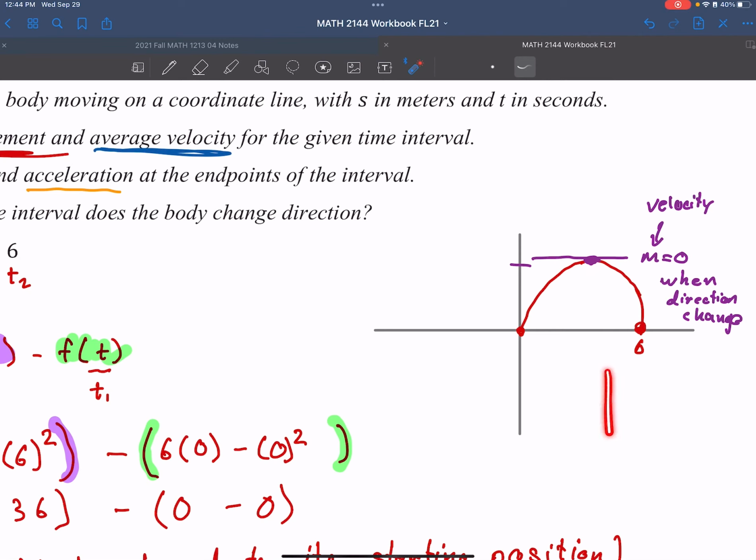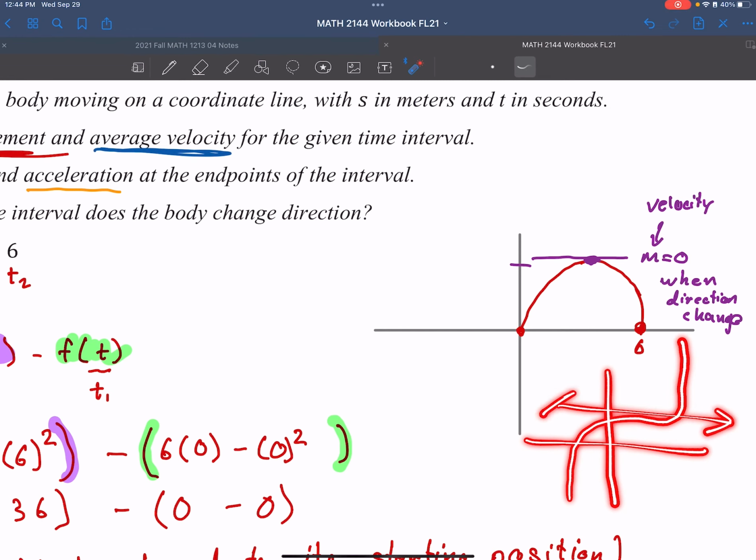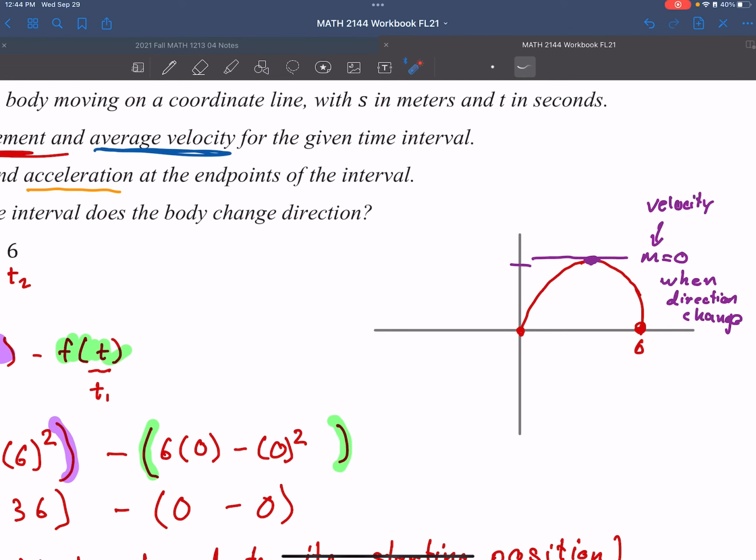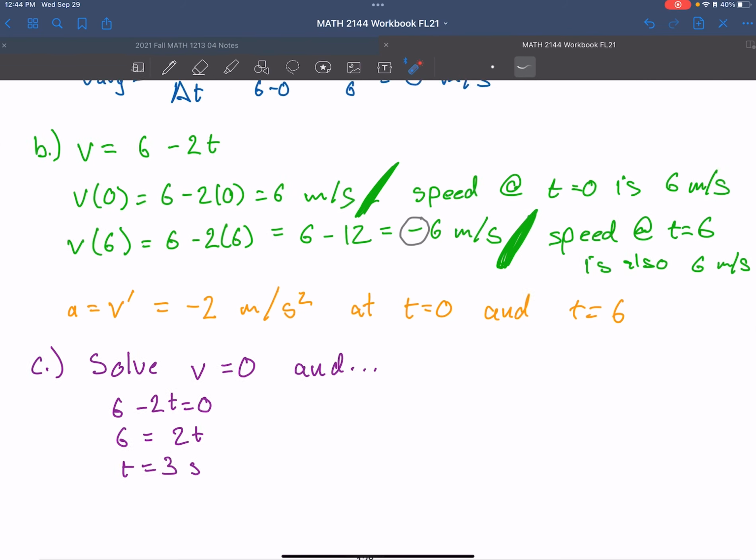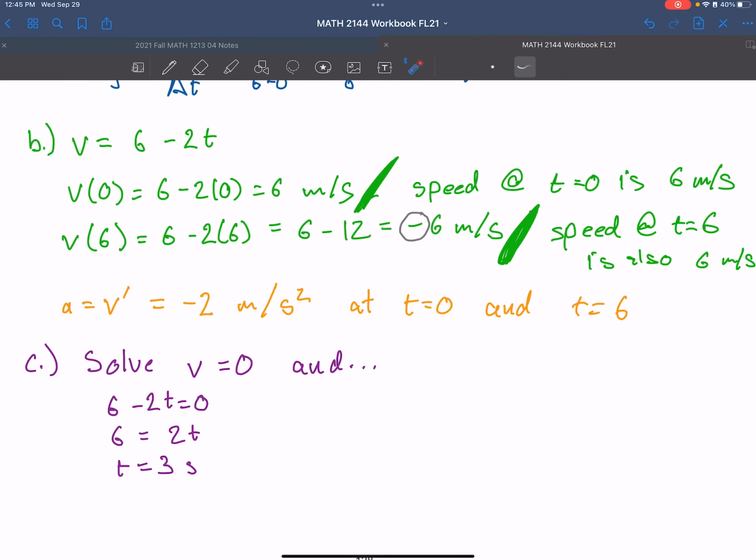But food for thought, what if we had some function that looked like this? You can still have a horizontal derivative or tangent line with the object not changing directions. So again, you can still have a slope of 0 for the tangent line, but the object still does not change directions. So what you should really do is check